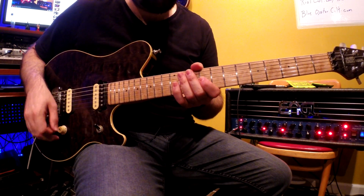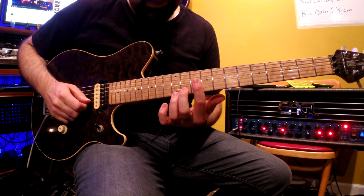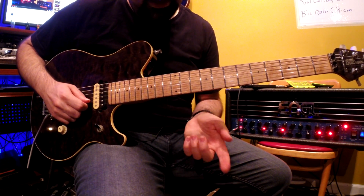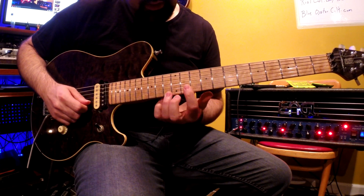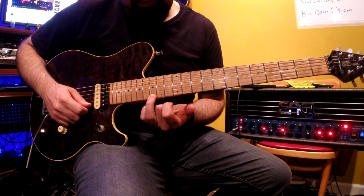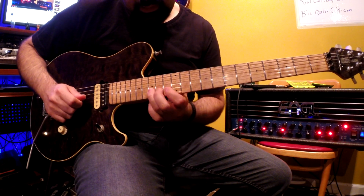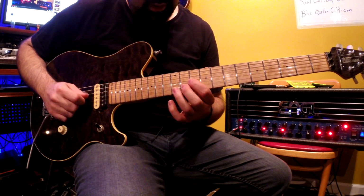So it starts on the G string with 9 and 10, and then 2 11s on the B string. And then on the next string, we're going to do 10 and 11, 13 on the E string, and then 11, 13 on the B string, then 15 twice on the E string, and that is 13, 15 on the B string. So we have...